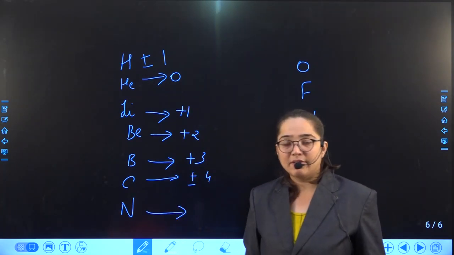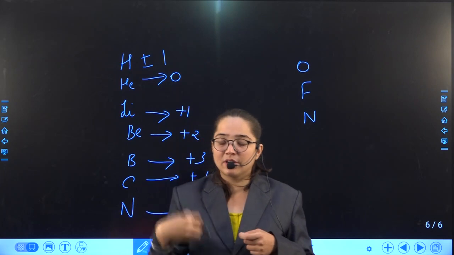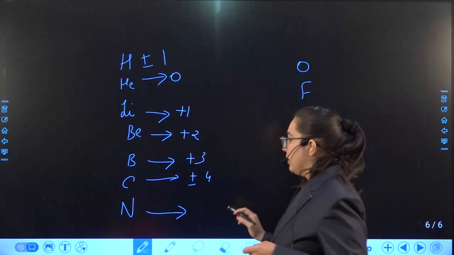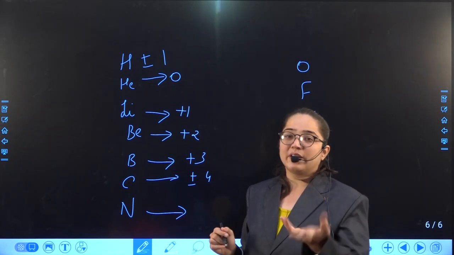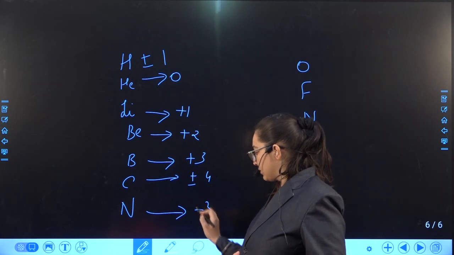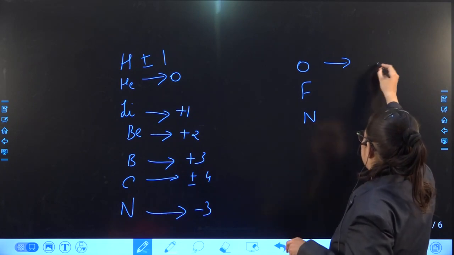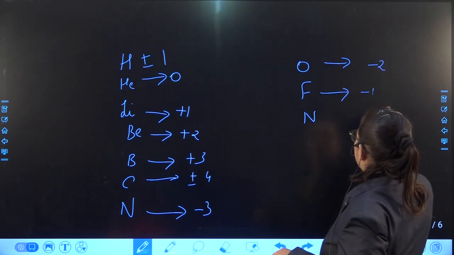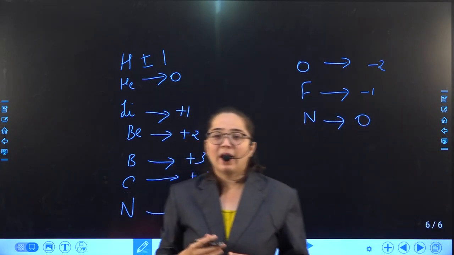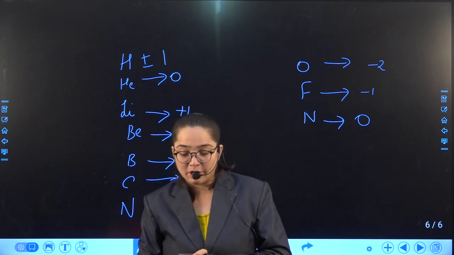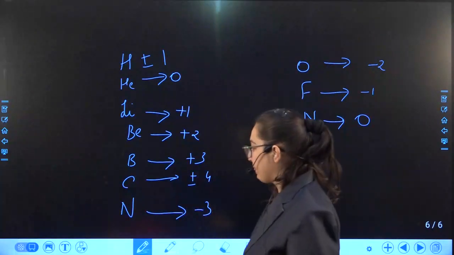Nitrogen, atomic number 7, electronic configuration 2, 5. As in how I am saying, try to imagine its figure in your brain. So nitrogen is having how many electrons in its outermost orbit? It is having 5 electrons. So it needs 3 electrons. So it will take 3 electrons. Oxygen in the same way, it needs to take 2 electrons. Fluorine, that will need 1 electron, and neon, it will need 0. So in this way, depending on the number of the electrons that are present in its outermost orbit, the decision will be taken, that is whether it will give electrons or it will take electrons.